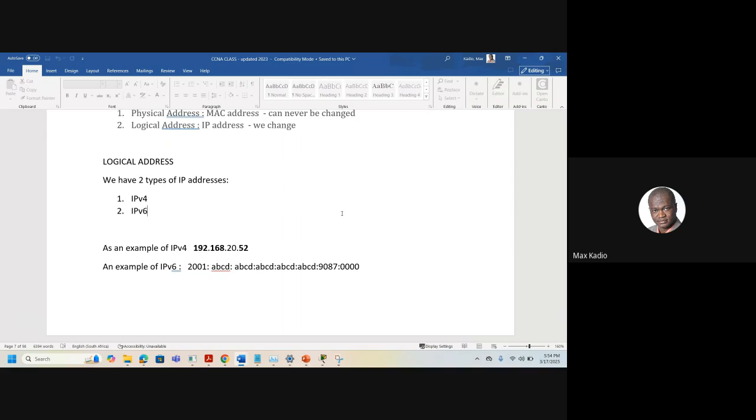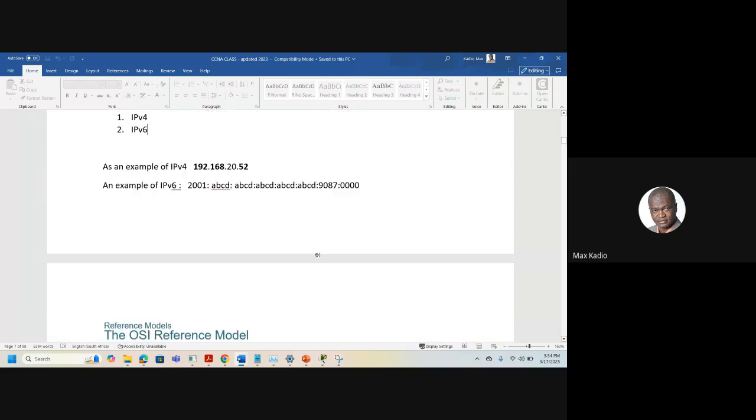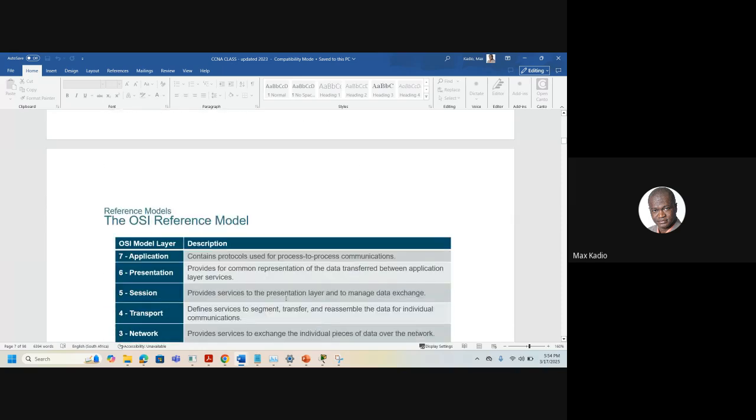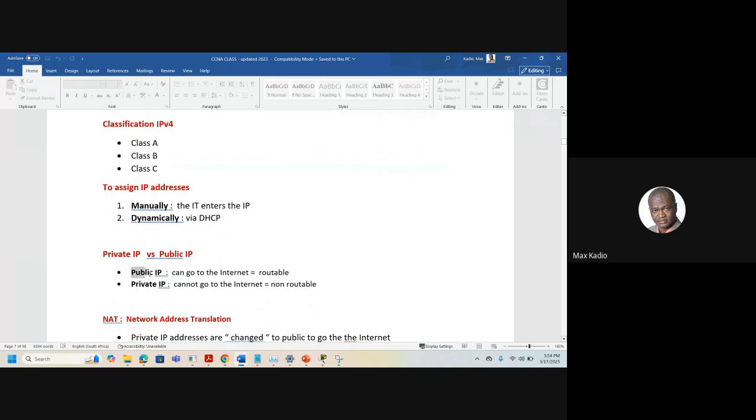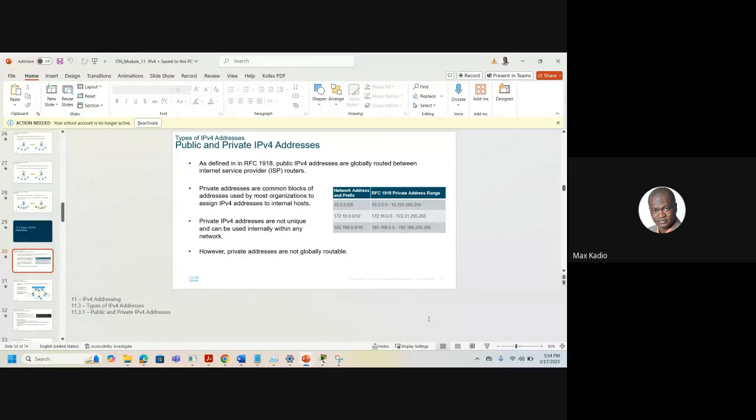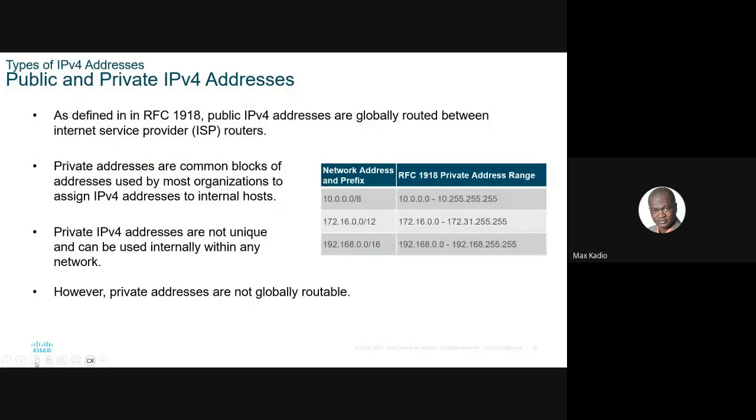Okay, we continue. So we did see that we have public IP and private. So this is an example of public and private. For now, I'll take it as it is. I will explain more a bit later. For class A,